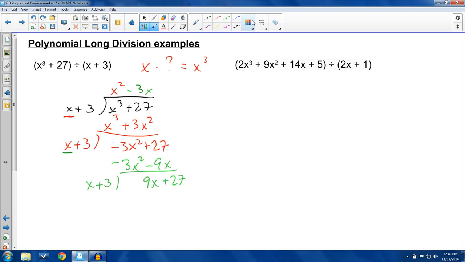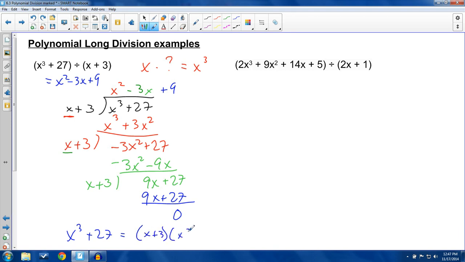X plus 3. Okay, how many times does x go into 9x? That's 9 times. X times 9 is 9x. 3 times 9 is 27. Subtract, and we get 0. So your final answer here equals x squared minus 3x plus 9. Another way to write this is that x cubed plus 27 is x plus 3 times x squared minus 3x